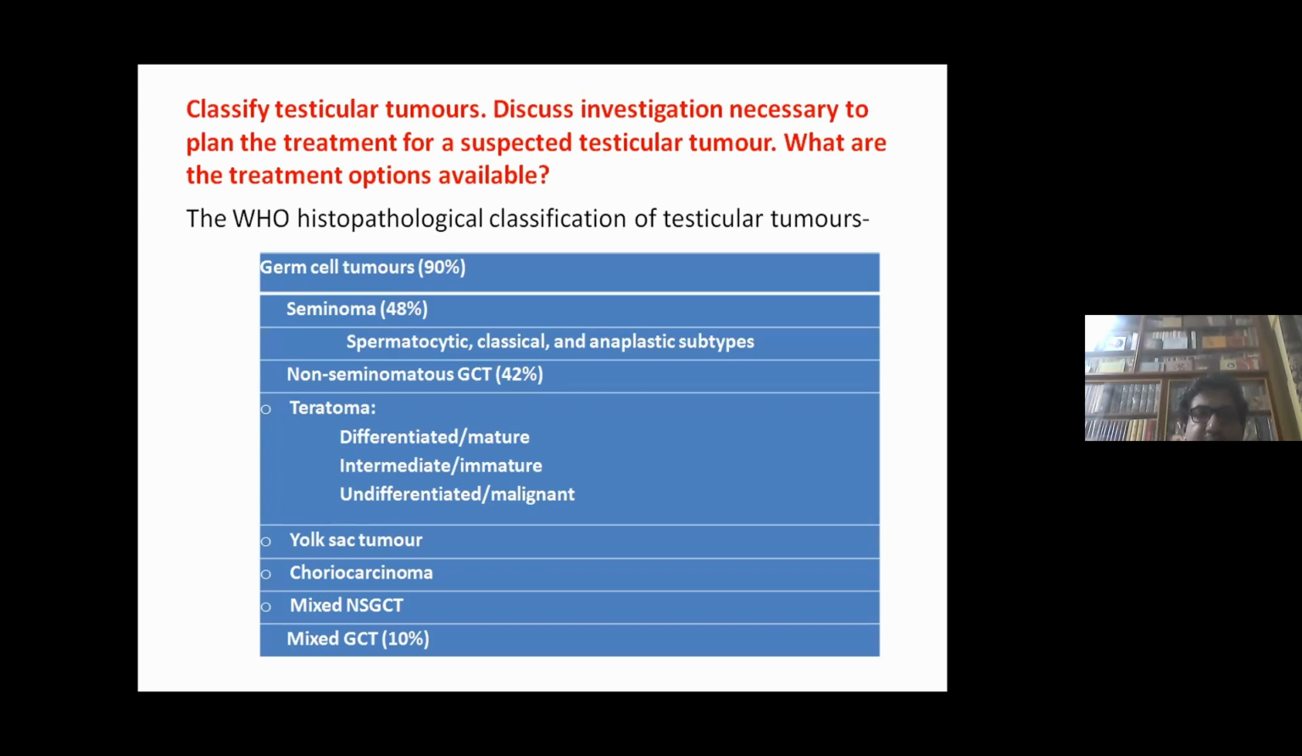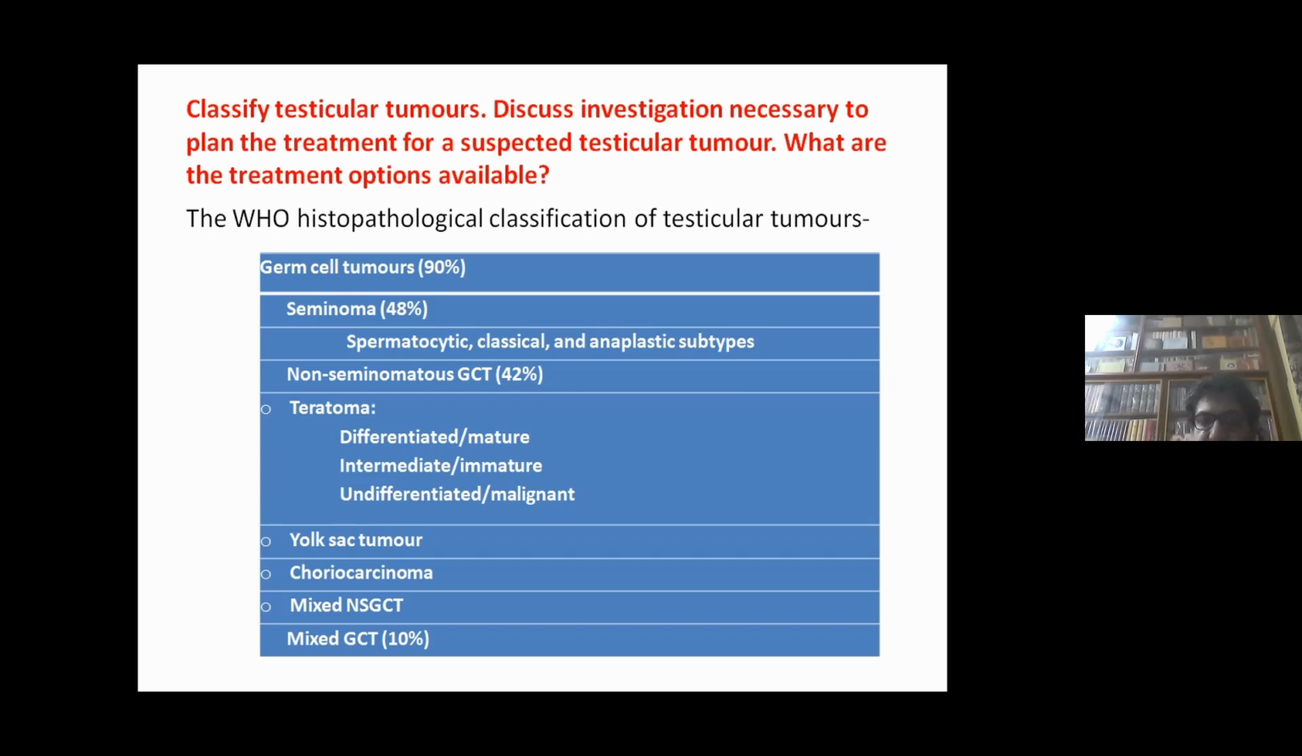Now the WHO classification of testicular tumors according to histopathology is as follows. First, they can be classified as germ cell tumors and non-germ cell tumors. In the germ cell tumors, there are seminomas and non-seminomatous tumors. Seminomas comprise 48% of germ cell tumors, and they can be subclassified as spermatocytic, classical, and anaplastic subtypes. Among the non-seminomatous germ cell tumors, there are teratomas, yolk sac tumors, choriocarcinoma, and mixed